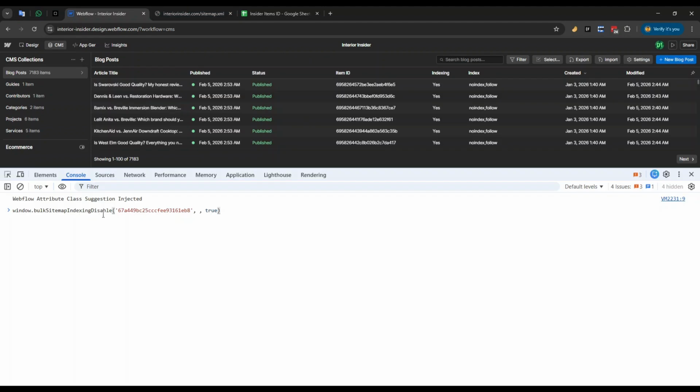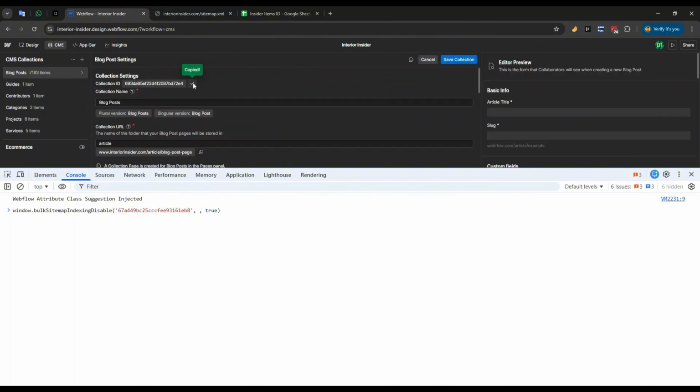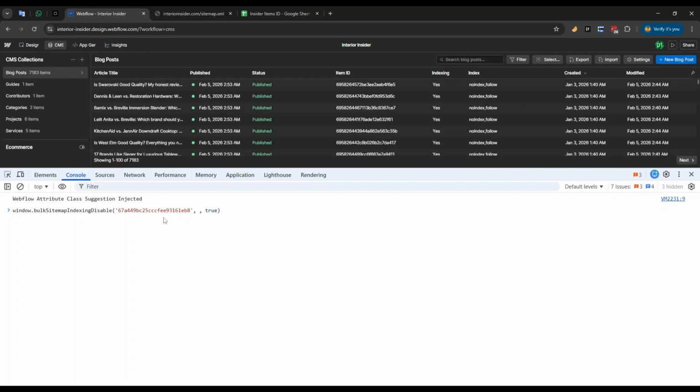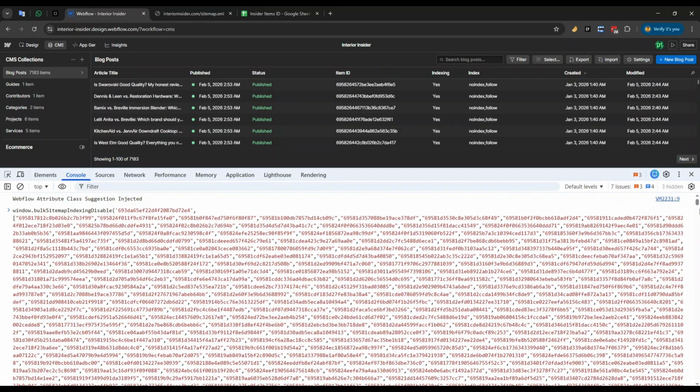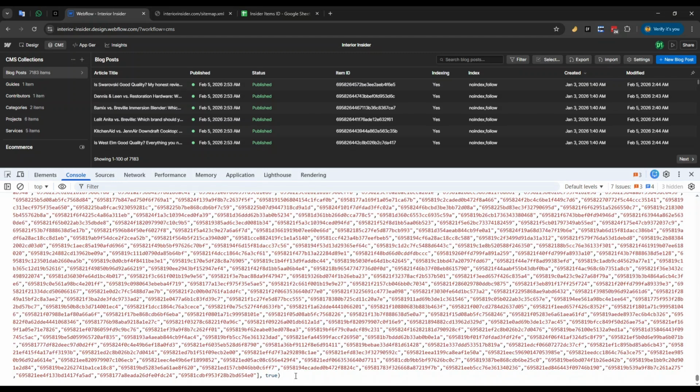Let's go execute the code. Here is our setup. Basically, this function needs the collection ID and the array of item IDs we just created. Let me grab the collection ID real quick. Pasting the collection ID here. Now let's grab that massive array from VS Code, pasting the values in. It's a lot of data. Everything looks solid. Bismillah. Let's run it and watch the magic happen.